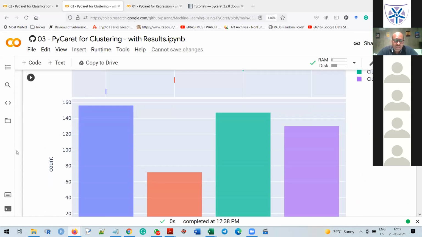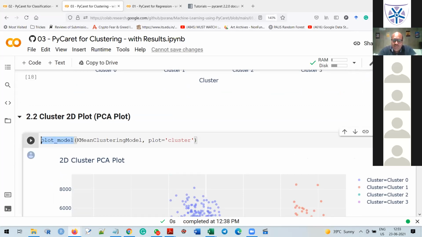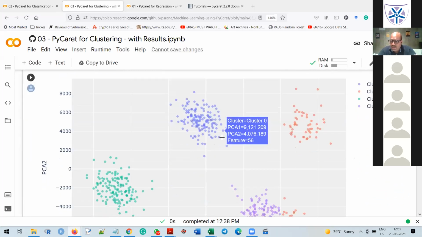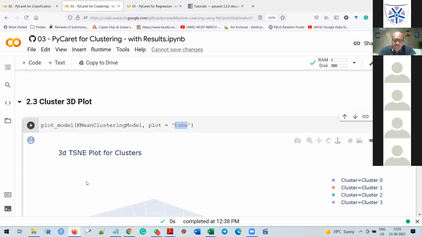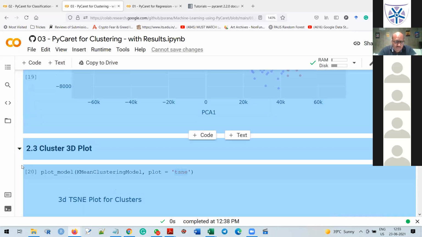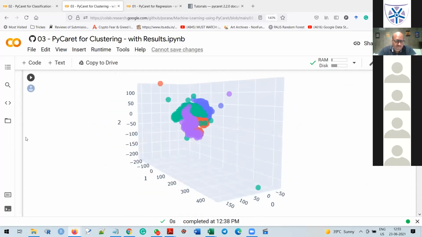Now come to 2.2. If you want to plot individually, then plot_model is there. Just pass cluster, and it will plot a 2-dimension graph. With plot_model, pass TSNE and it will plot the 3-dimension plot. It is 3-dimension, you can move it.